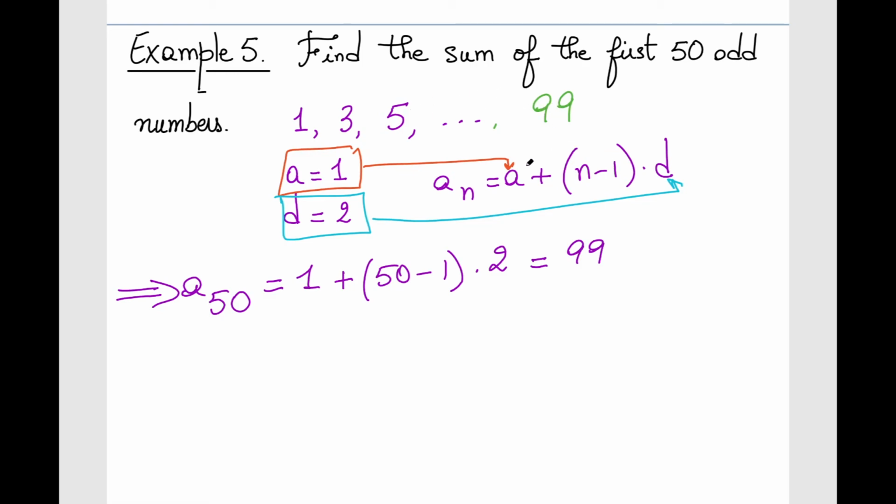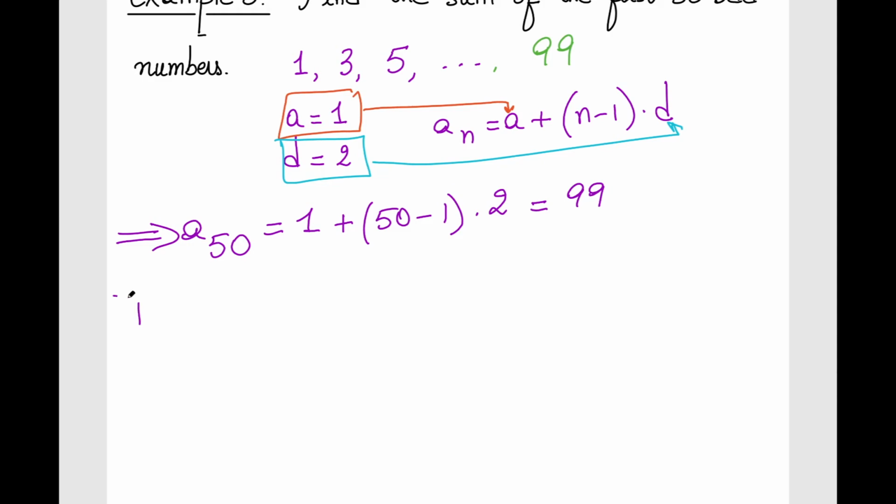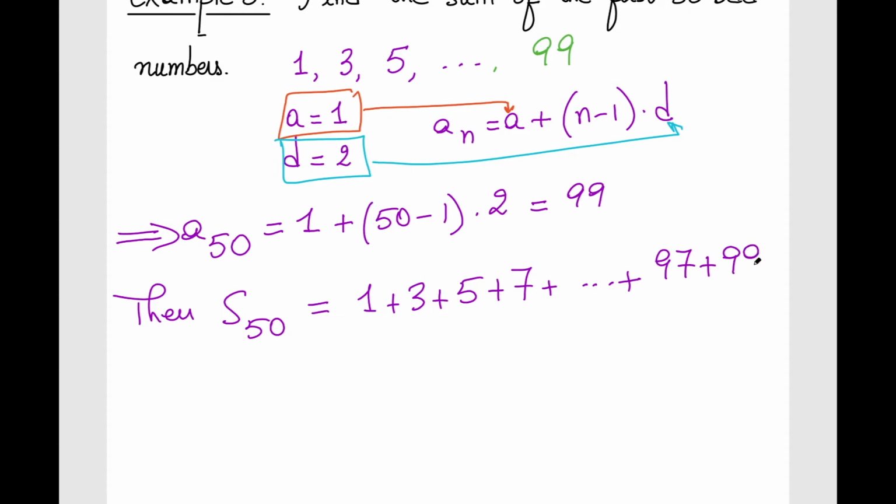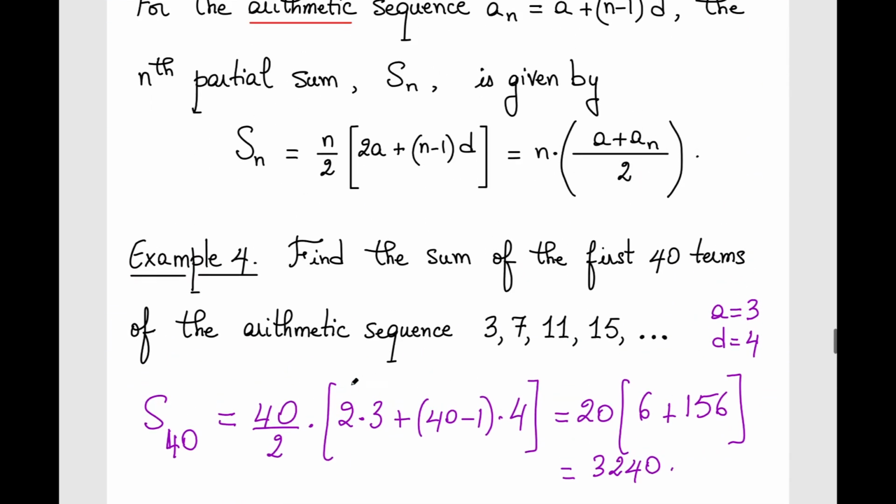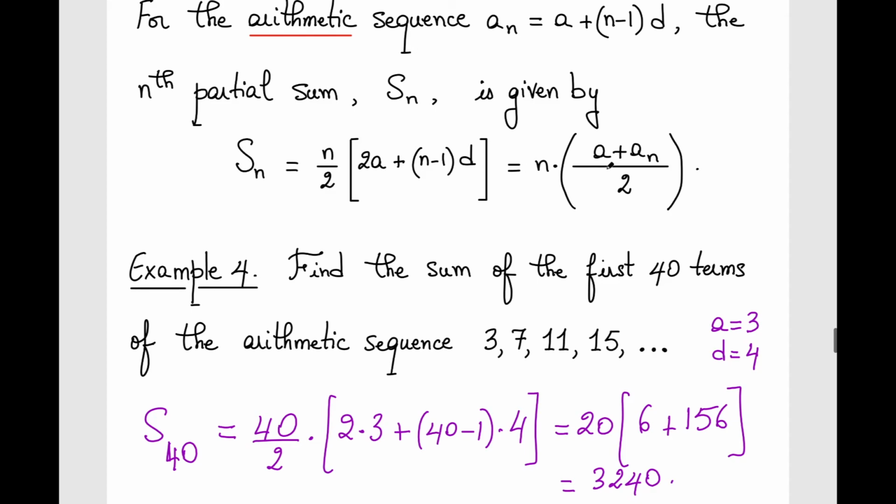So anyway, so then S50, which is the sum of the first 50 odd numbers. So this is 1 plus 3 plus 5 plus 7 plus dot dot dot plus 97 plus 99, right? Because the previous one is 97. That sum turns out to be, based on the formula that we developed, based on this formula. How about I copy it and use it below? So based on this formula,